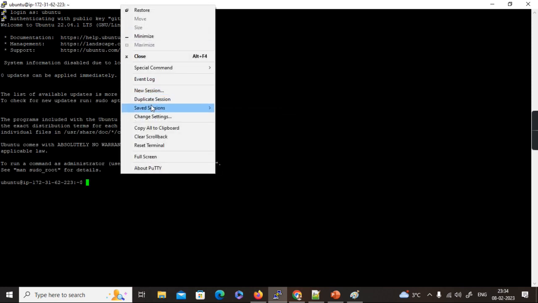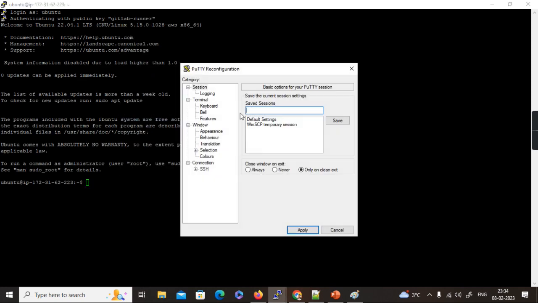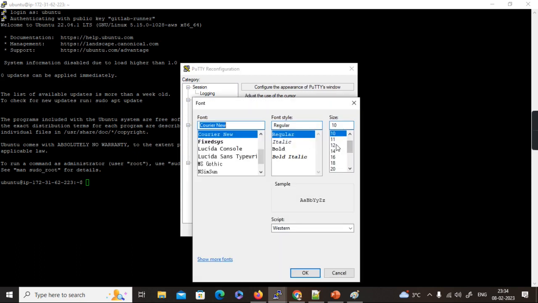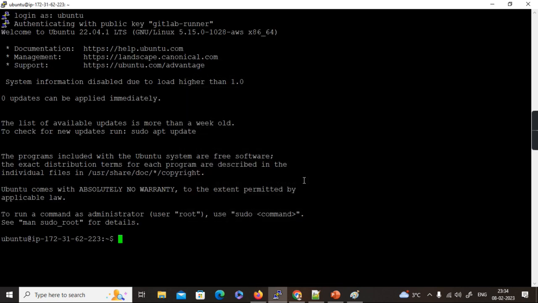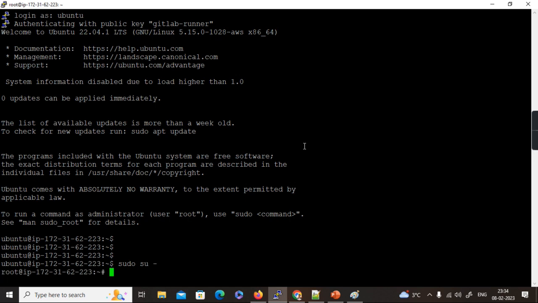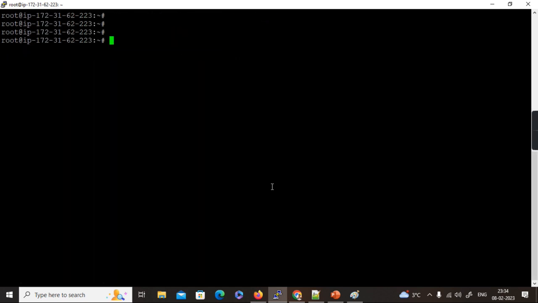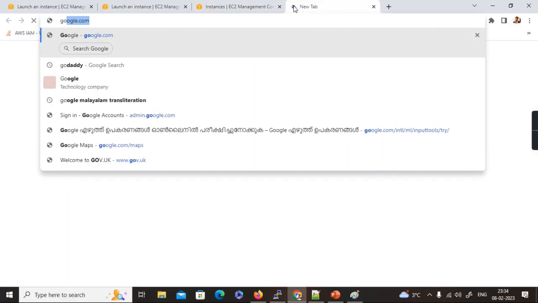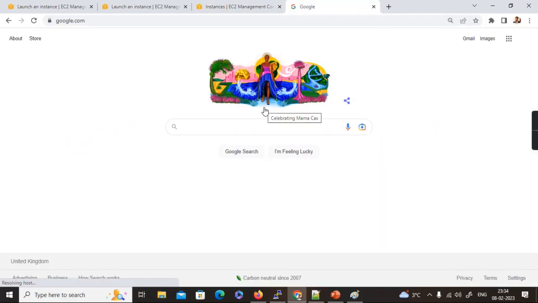So let me change the appearance of this so that it will be visible. I'll make the font size 12/14. Okay, so this is visible right now. Okay, I'm at root, and let's download Flyway. Okay, so to download Flyway, what we need is